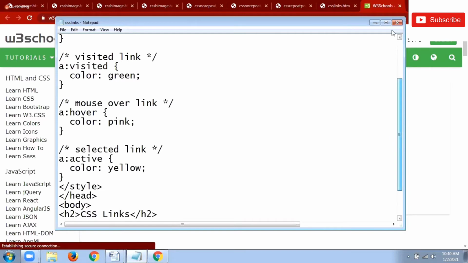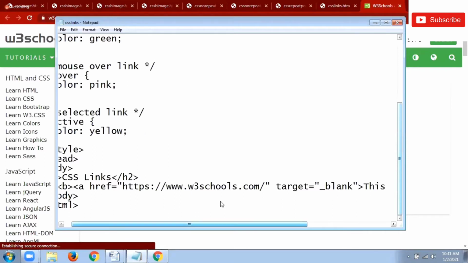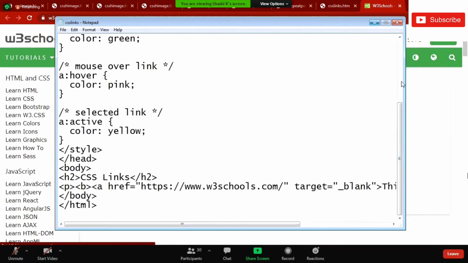Is it clear? So now I entered into the hyperlink where I mentioned w3schools.com. You can specify your own hyperlink reference also. Like this, the colors I'm setting for my four types of links.